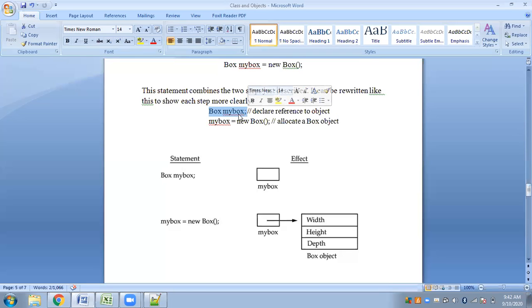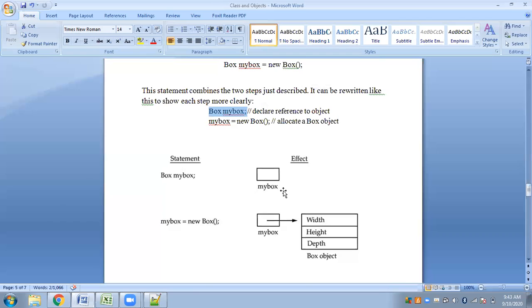This myBox is simply a variable just like any other ordinary variable, and what it will contain is simply the starting address, or the base address, of a block of memory that will be assigned to a particular object.